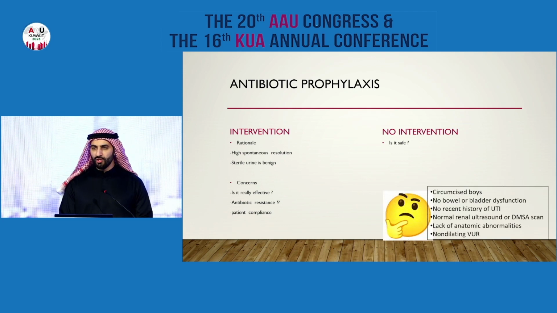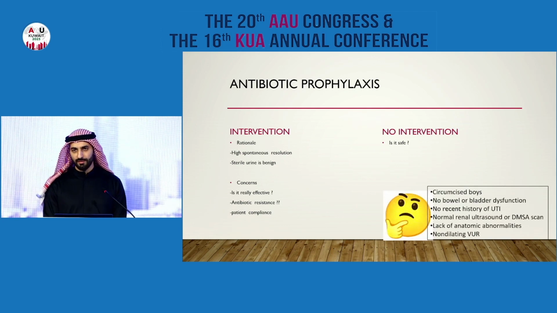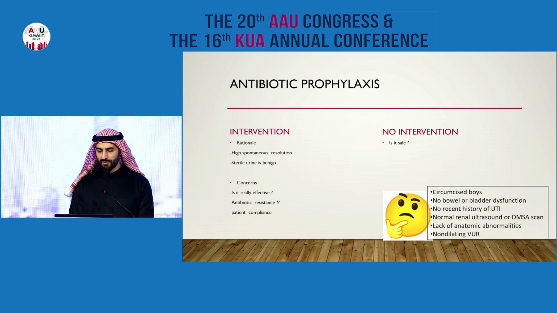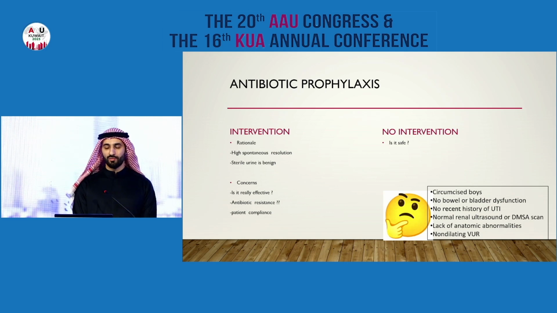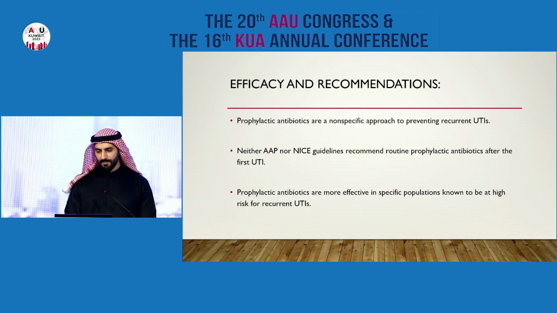However, we do have patients who are circumcised, do not have any bladder bowel dysfunction, do not have a massive history of UTIs, have a normal ultrasound, normal DMSA, and have a low-grade reflux. Do these patients need to be on prophylaxis? That's the question I always ask. And again,